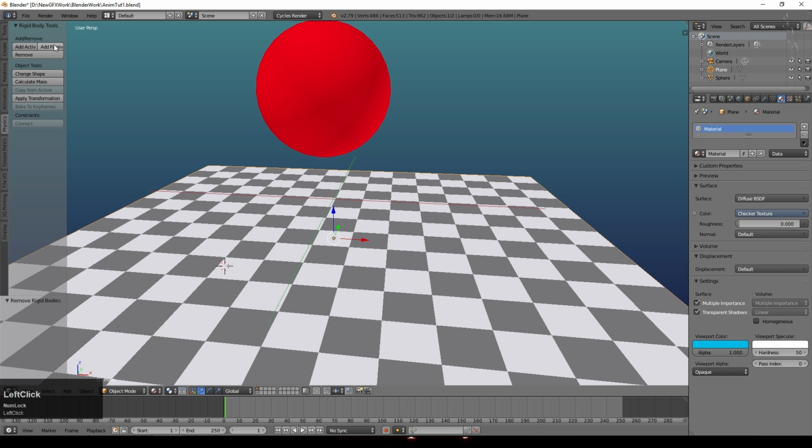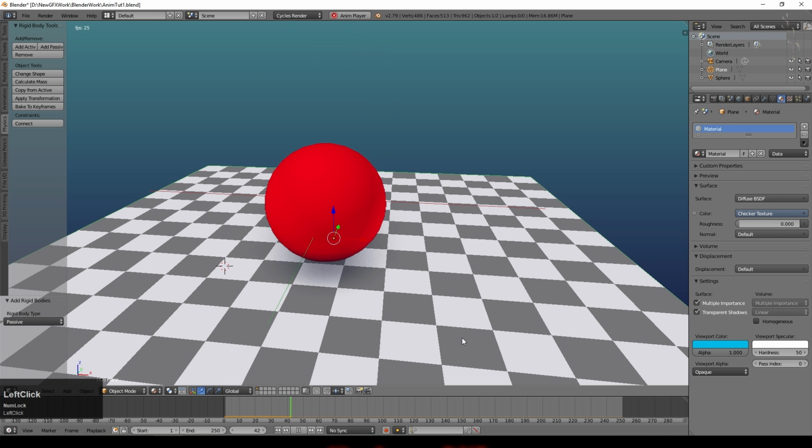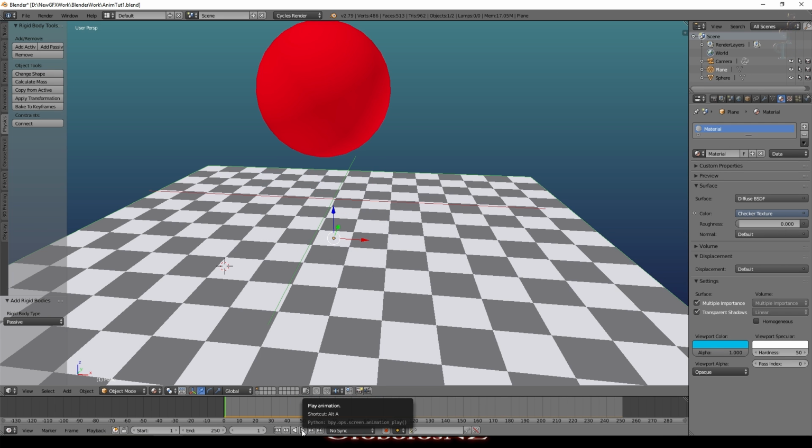So I can click Remove and then I can click Add Passive. So passive, you see it's got the little green outline now. Passive means that it will take part in the physics world in terms of collisions, but it doesn't respond the way a dynamic object that perhaps bounces around will. So let's see what happens when we press play now. And you can see the ball stops when it hits that. It just stops dead, so it's not a very convincing physics simulation at the moment, but there are some things we can adjust.